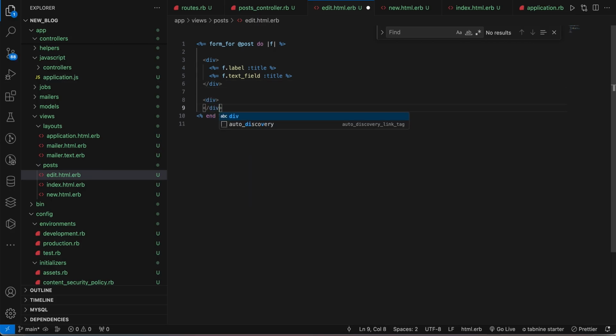And let's create another div, and in this div we will display our body. Sorry, f.label, and then the label is for body. f.text_area, the text area will be for body. In the same way, let's add a button to submit the form. Okay, so we have now created a form, and if we refresh,